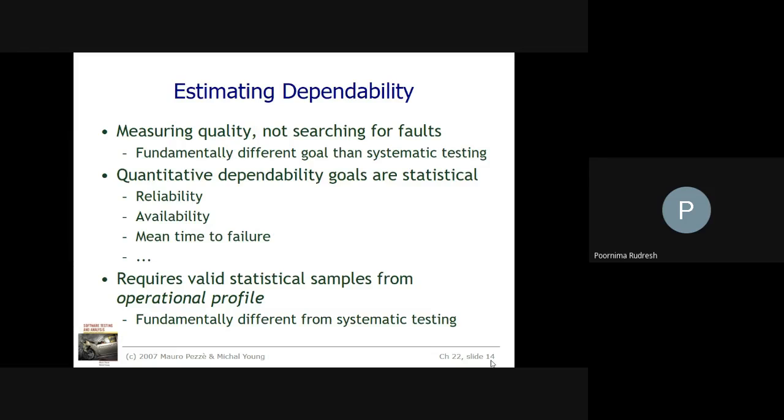And quantitative dependability goals are statistical. Because here we are measuring the reliability, availability, and mean time to failure. These properties I already explained in the previous class: what is reliability, availability, and mean time between failures, or mean time to failure. So the quality depends on these three parameters: reliability, availability, mean time between failures, or mean time